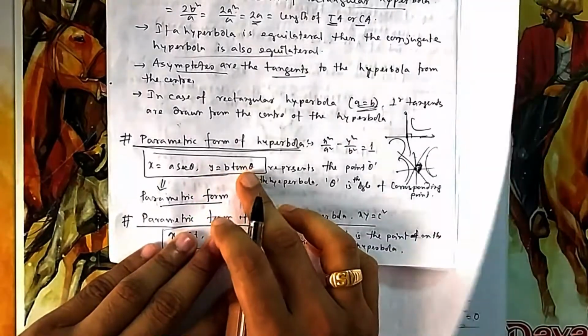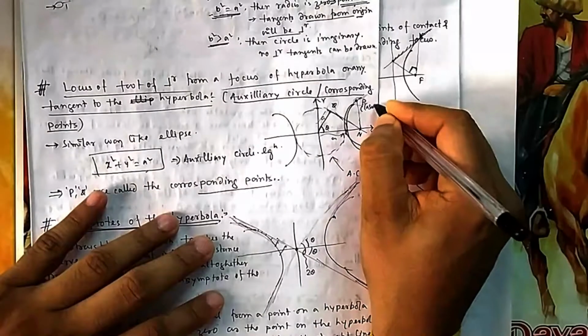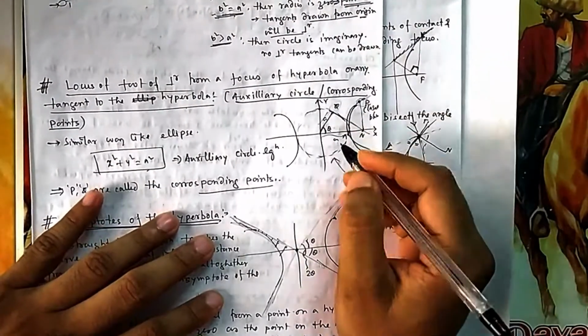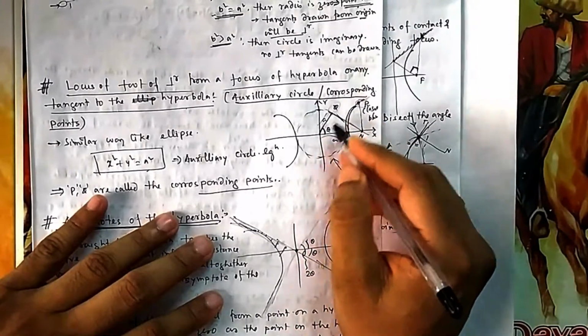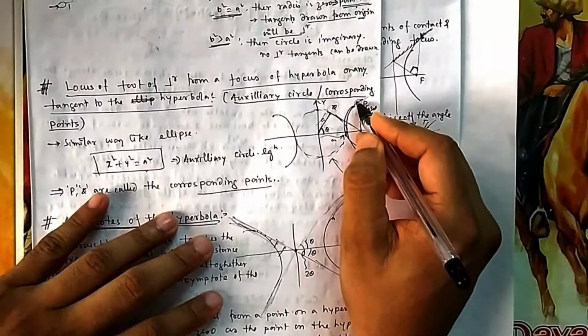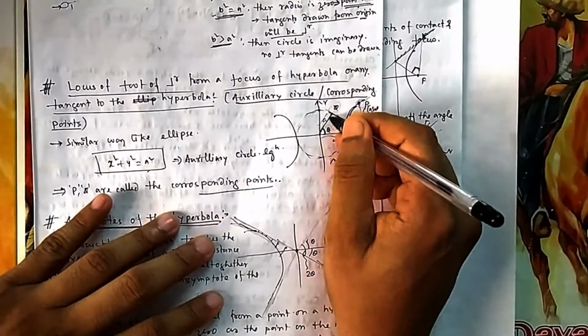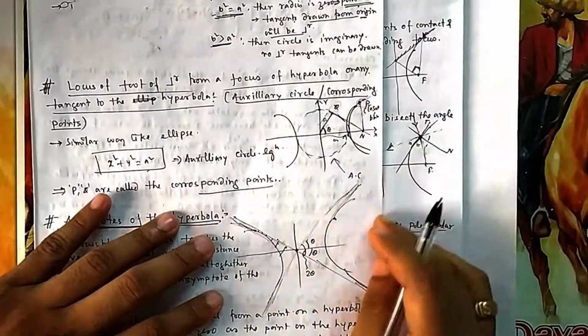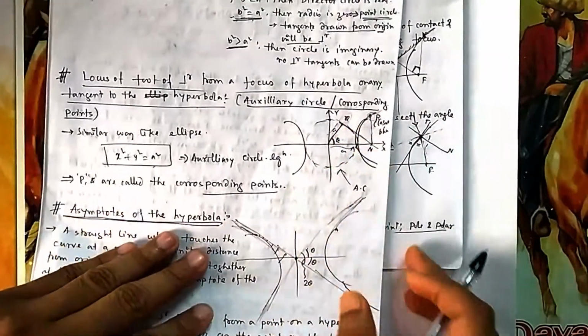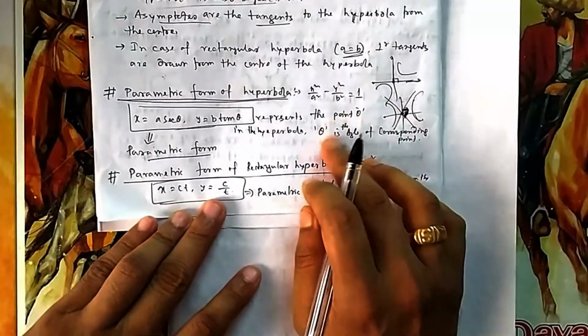And what is this theta? Theta represents the corresponding angle. This was the theta. So if someone wants to locate where your theta is, if I say this point is a sec theta comma b tan theta, then someone asks where is your theta? So theta is this theta, the corresponding angle. The auxiliary angle: you draw a line, a tangent which cuts this circle, and the angle of that point of contact of the tangent becomes theta. So you also physically know where that theta is. That was the thing that I wanted to show you.